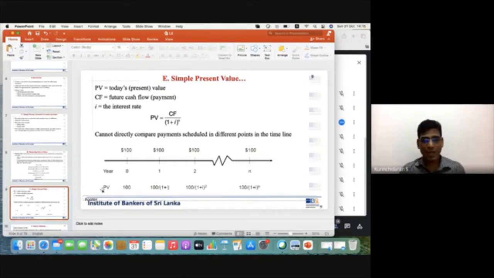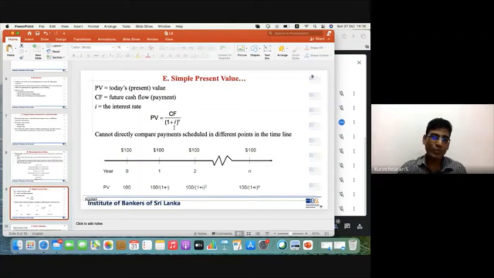So always keep in mind, the time of payment matters, right? As time goes on and on, your value becomes less and less. So 100 rupees or a payment today is better than tomorrow, or tomorrow is better than the day after tomorrow, right? So when the period is longer and longer, your value is less and less. Got my point? So for that, the formula is present value equals cash flow divided by 1 plus i to the power n,